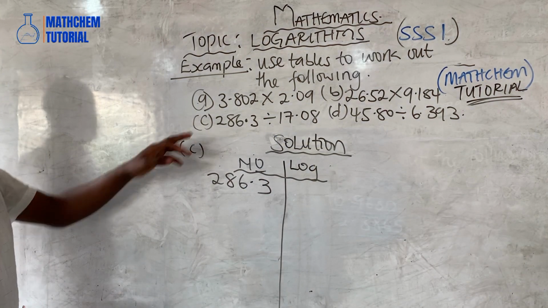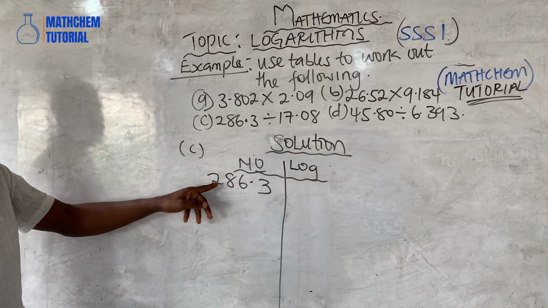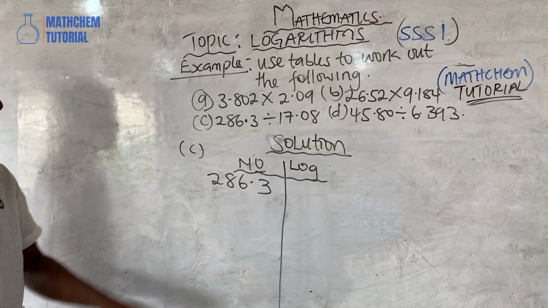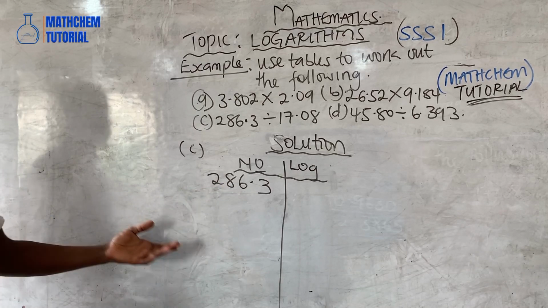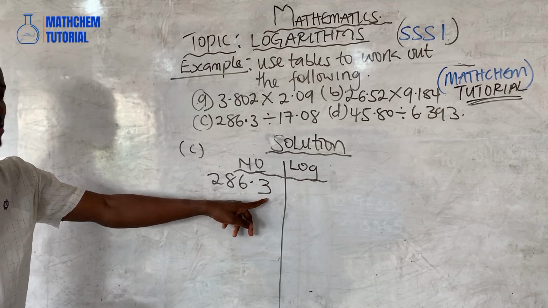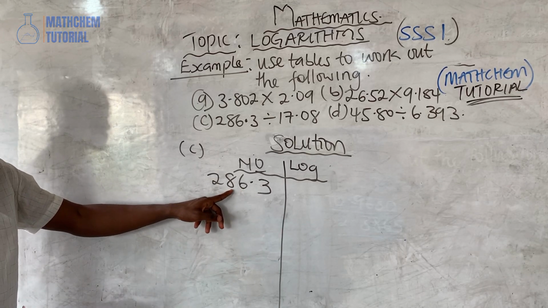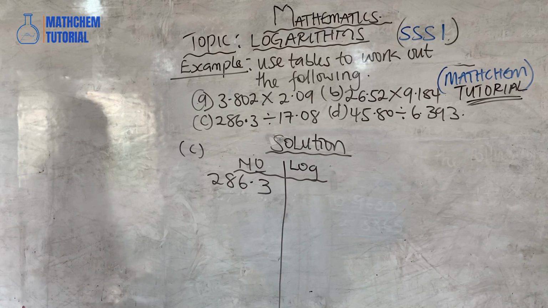Now, looking at this, this is example 3, which is C. We have the number 286.3. That means 286.3. So how do we check it on our log table? We are going to check log 28 under 6, difference 3. Log 28 under 6, difference what? Difference 3. So checking my logarithm table here, log 28, that gives me